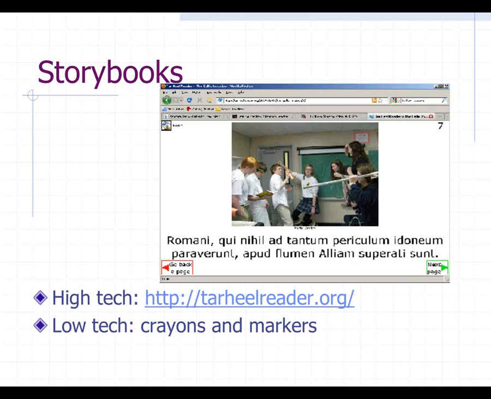But of course, if you don't want to spend the time on that, you can also just use markers and crayons and paper. I do storybooks in groups with just crayons and paper at least once a year in each class. And in the folder that I'm going to show you in the Teacher's Lounge again, I put the assignment sheet that I made this year for Pyramus and Thisbe, which is chapter 14 on page 234. So you can have a grab-and-go model for this project with an idea of how I've graded it, and then just modify it however you'd like for whatever chapter you're interested in doing it for.